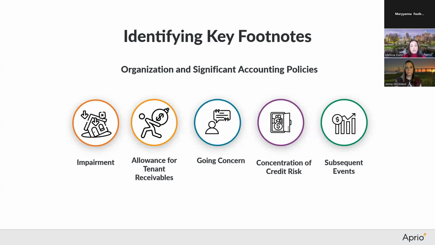Typically, this would include the reasoning. So the reason that the going concern is there, if there's sustained negative operating cash flow and the general partner has had to fund the project, if a loan is coming due within 1 year and the property doesn't have cash to pay the loan, and they also are not able to refinance or get a new loan to cover that, that could also be an issue. So I always look out for those two footnotes. Impairment is always included in significant accounting policies. Sometimes going concern is, and sometimes it's also a standalone footnote.